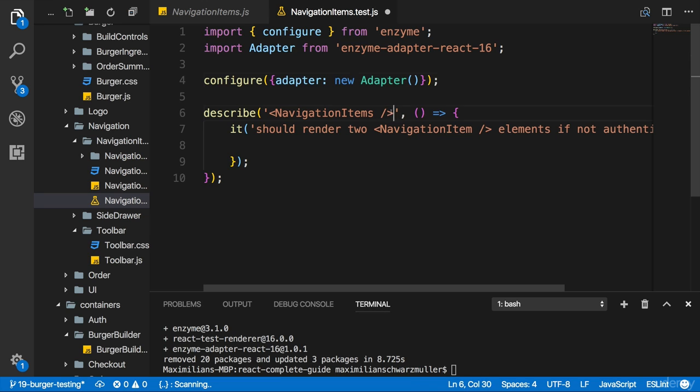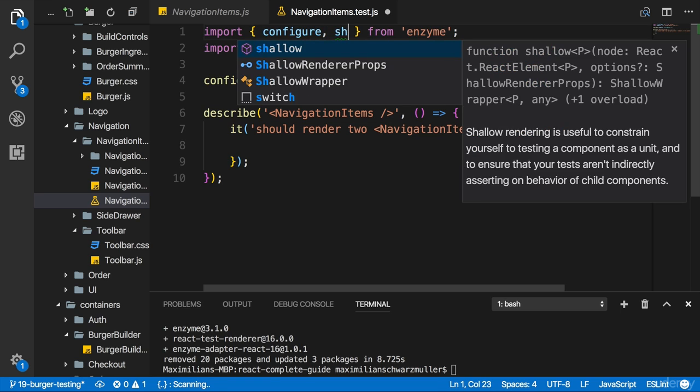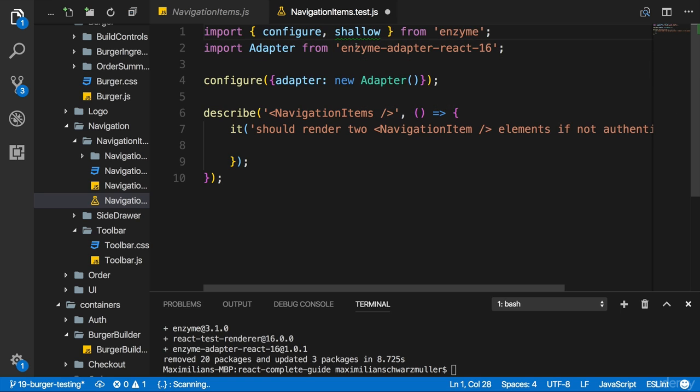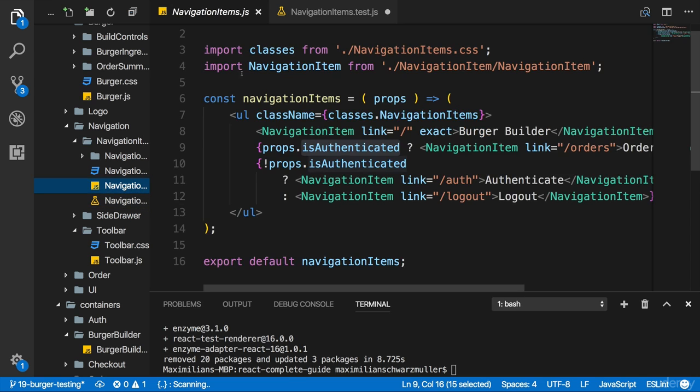Now we want to render a navigation items component and then look into it. For this, Enzyme gives us a specific helper method we can use. We import that too. It's the shallow function. Shallow is the most popular or the best way of rendering React components in many circumstances. Enzyme offers two alternatives, which I'll also point you to later, but shallow is the one you should use as often as possible. Because one thing shallow does is it renders the component with all its content, but the content